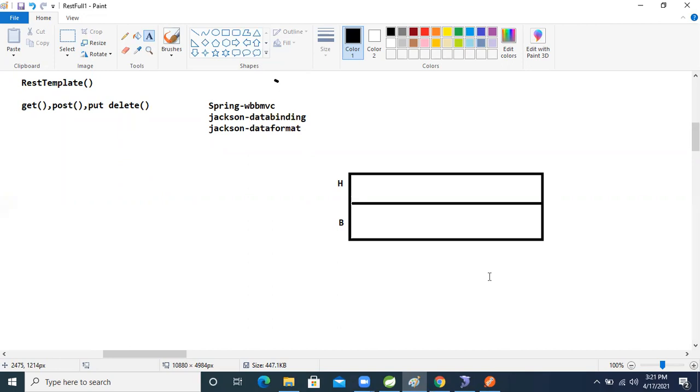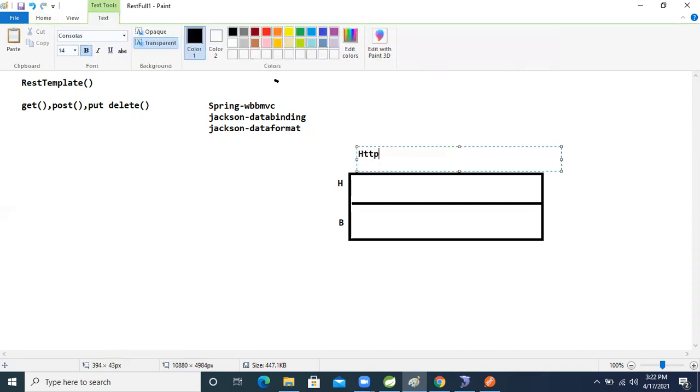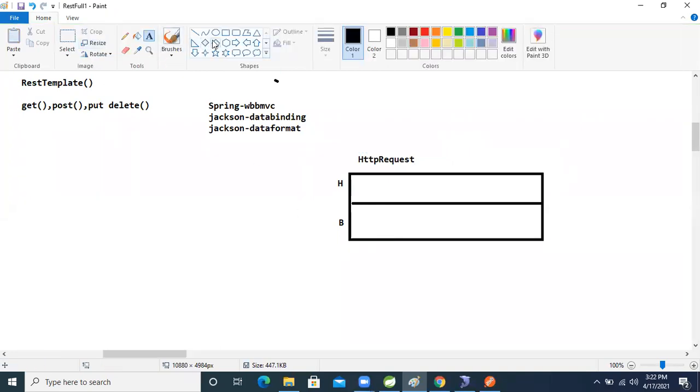Yes, content. Yes, this is the request, the request type. Okay, sorry for that. This is the HTTP request. This request has two parts: header part and body part.